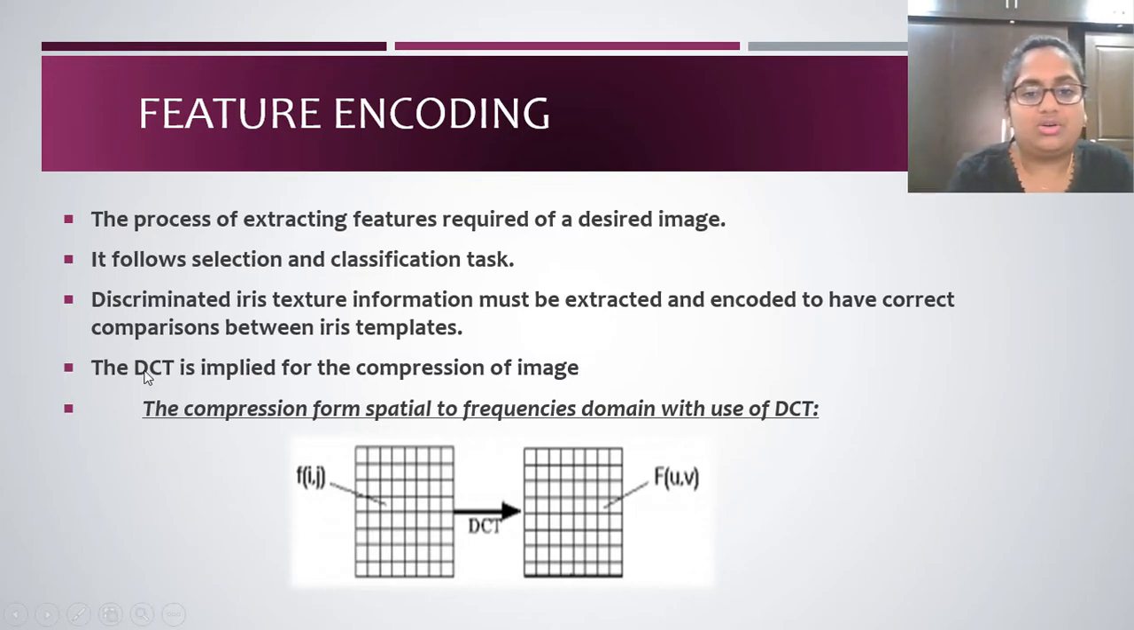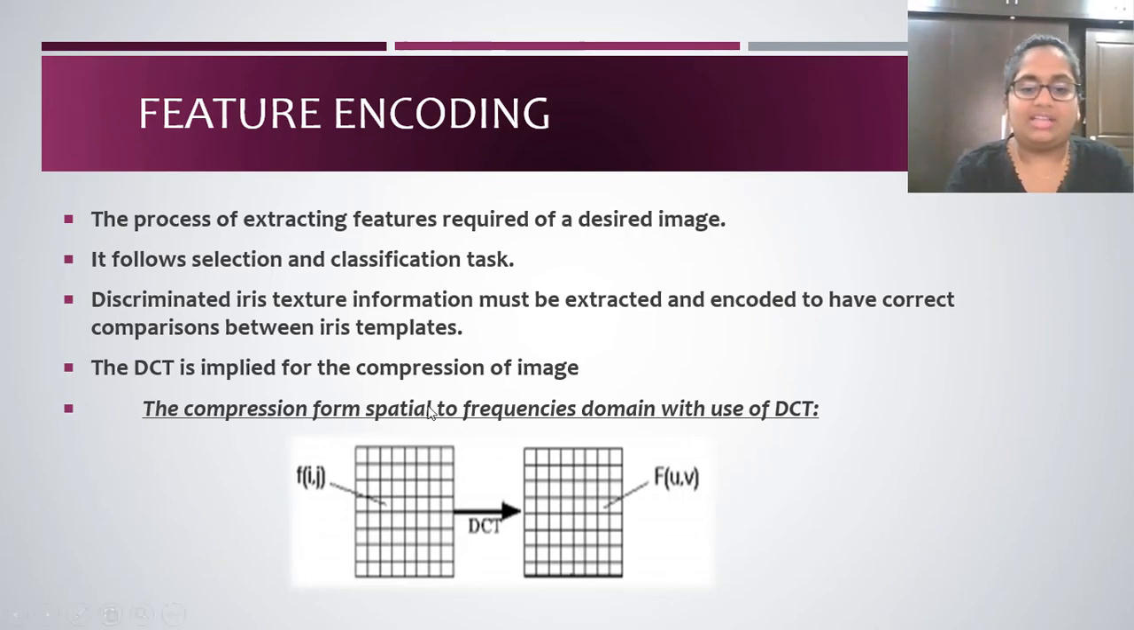The feature encoding stage generally involves the process of extracting the features required for a desired image, and this is followed with the help of tasks named selection and classification. Discriminating iris texture information has to be extracted and enhanced to have correct comparisons between iris templates. The output of the feature encoding is just a template, which we are going to match with the input samples that we already have in the database to conclude with one particular match rate of the two